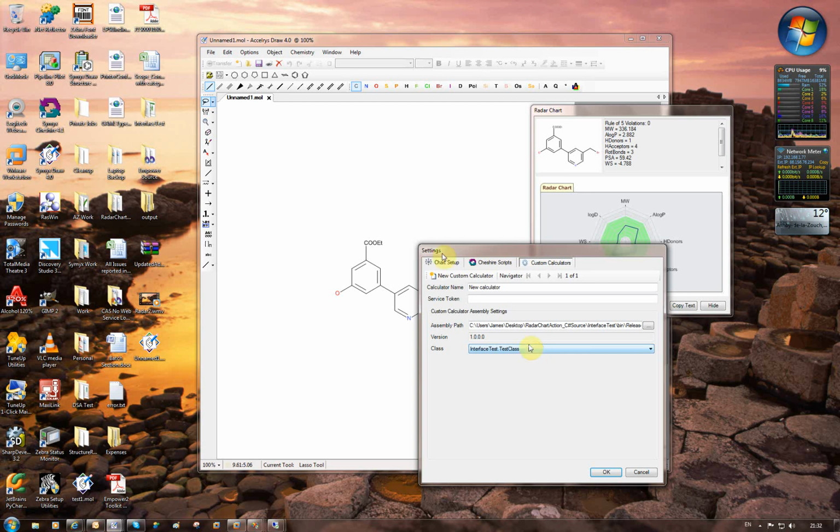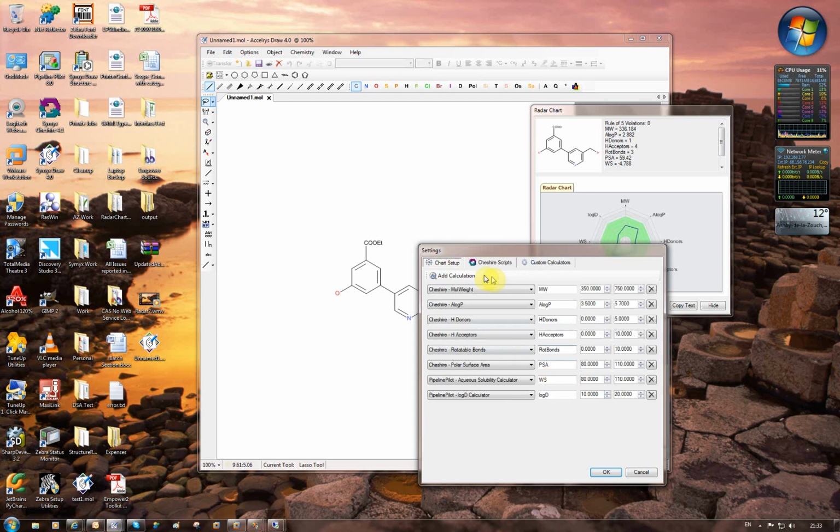So the add-in has a cache at runtime. It uses the NEMA key to cache which properties have been calculated for a particular structure, and that means if you're adding and changing the structure on the draw canvas, it remembers, and if you do an undo, you don't have to wait for those sets of properties to be recalculated. I'll show you that now. So that was how you would add a new calculator in here via the custom calculator